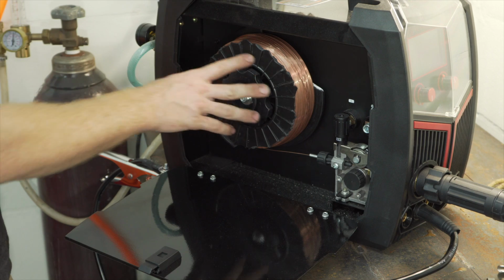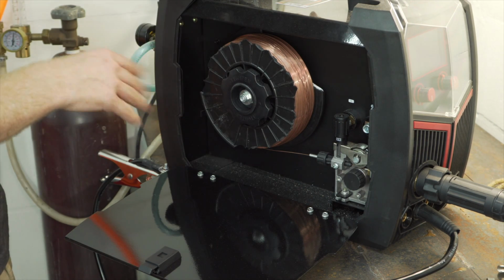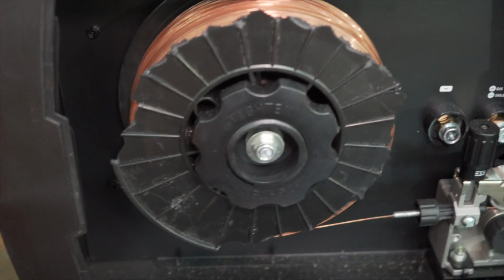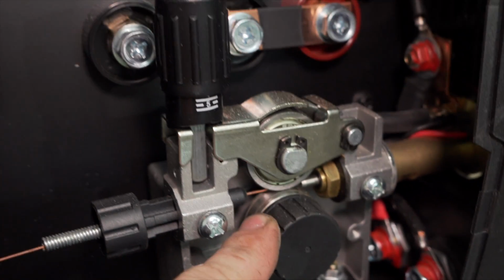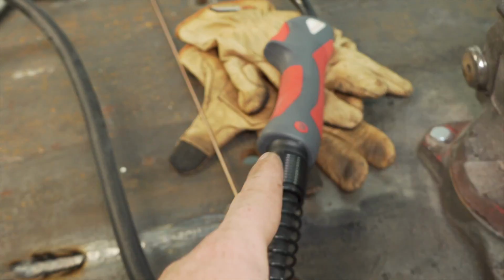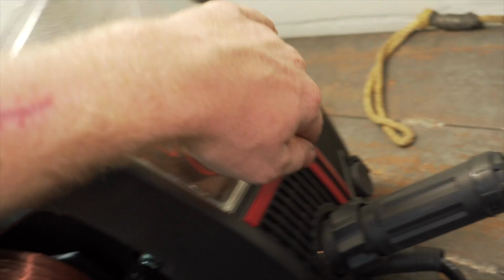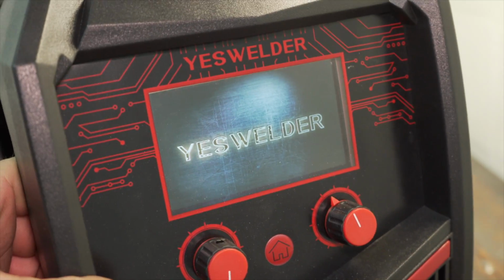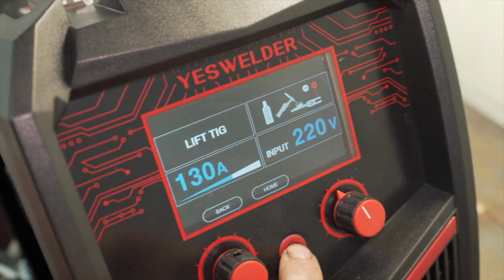So I put this in here a few days ago. This actually came in the mail broken, and I'm kind of hoping it works fine. So we'll see. But you got to make sure it's ran through here and routed underneath that and into the connector. So I'm actually going to turn it on. Watch the cool power on. So I'm going to go home,